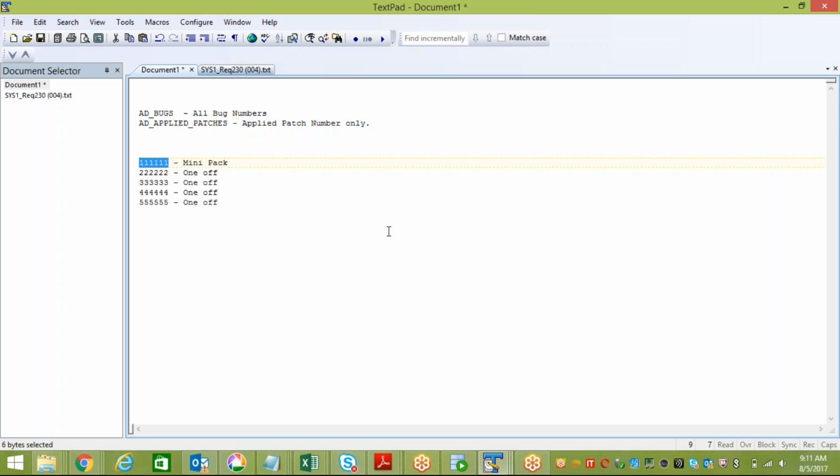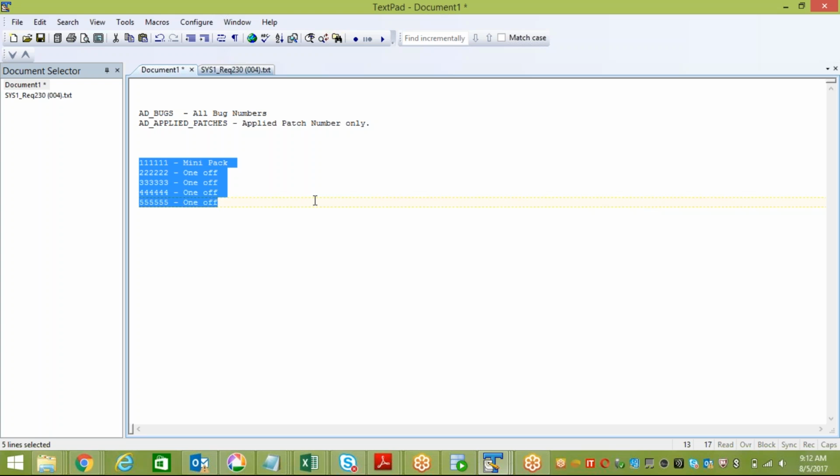this applied patch number needs to be uploaded to some location so that the next time you apply a patch, before applying it, we would be checking whether that particular patch has already been applied to that particular instance, and then we will take a decision. So these two tables are basically the patch histories. Whenever you apply the patch, at last the patch number will be copied to this table specifically. Here AD_BUGS contains the applied patch and, along with that patch, all the bugs fixed. So AD_APPLIED and AD_BUGS contain these